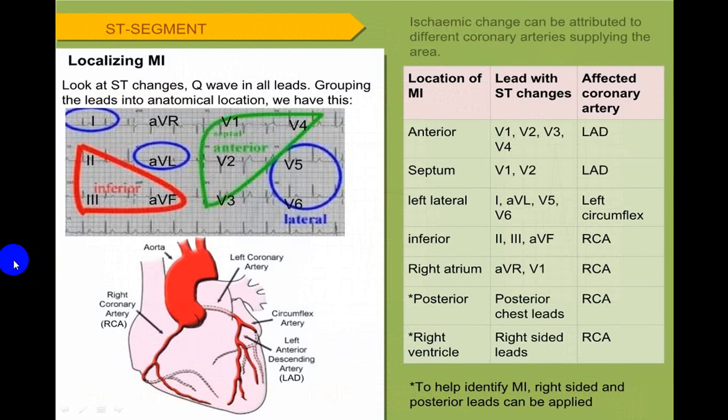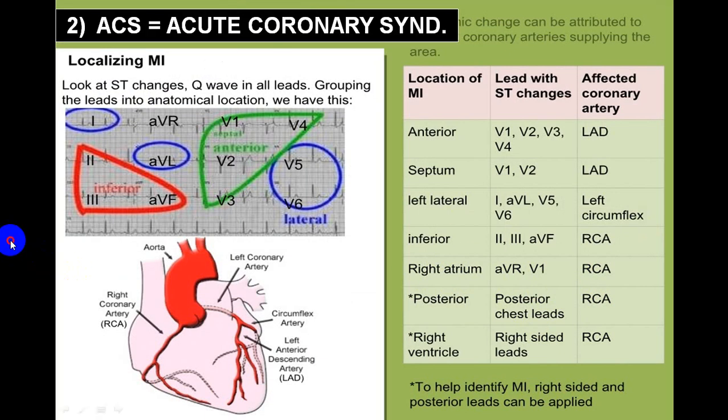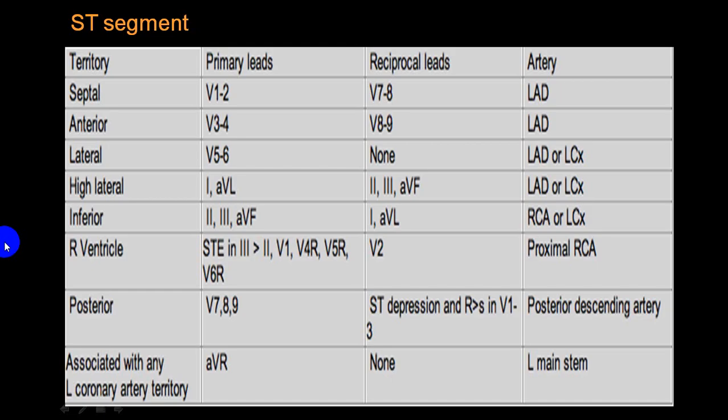Now localization of what we call as an MI. AVR is useful as far as localization of a right atrium. So if you look at the AVR in V1, it gives you an idea regarding a damage to right atrial infarct, and that is right circumflex artery. So AVR can be utilized for identifying an acute coronary syndrome involving right atrium. Usually it is not mentioned, but very few things will be mentioning regarding an AVR where ST segment is elevated. So if it is elevated in AVR, do keep it in mind.